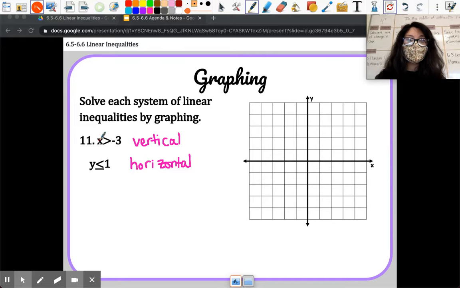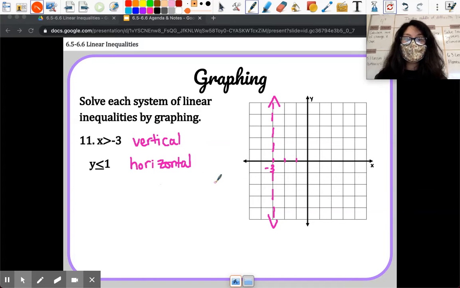So the first thing I'm going to do is graph x is greater than negative 3. So find negative 3 on the x-axis and draw a vertical line through it. Now remember, we don't just want to draw our line straight away. We want to determine, is it solid or dashed? If I look at this inequality symbol, it does not contain a bar underneath, so I'm going to do a dash line. So here's my vertical line. Now I need to figure out where to